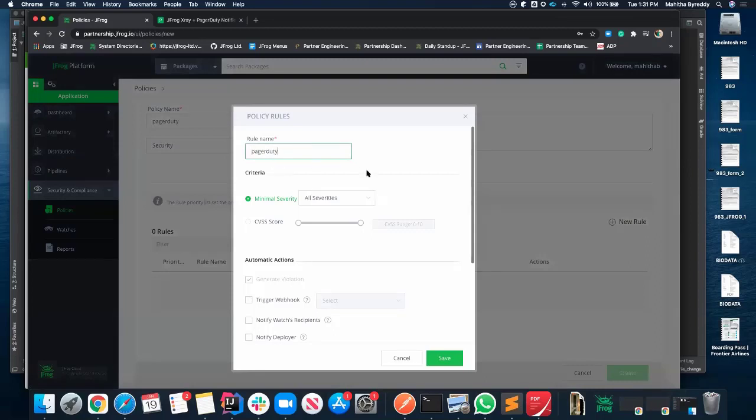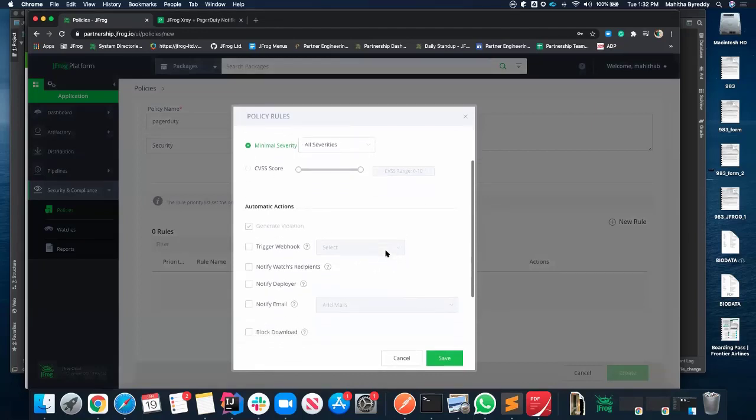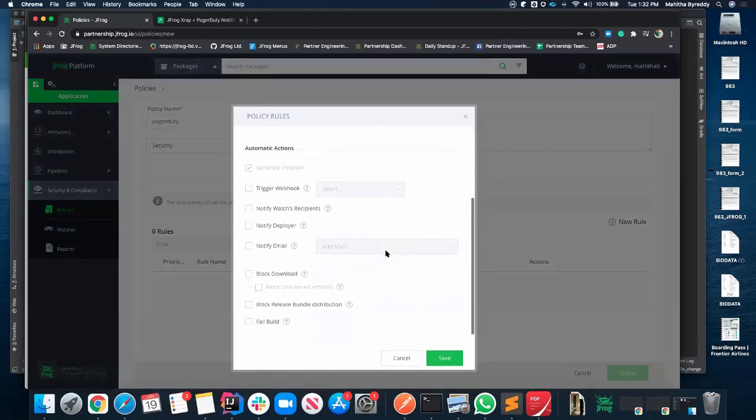In the criteria subsection, we have two options, which is to select a minimal severity or a CVSS score. The violations in X-Ray will be filtered based on this criteria and then sent to PagerDuty. I'm just selecting all severities from the minimal severity. And in the automatic action section, you can just select trigger webhook.